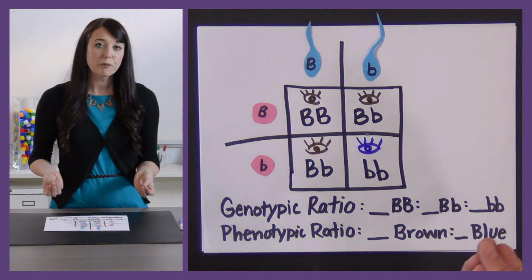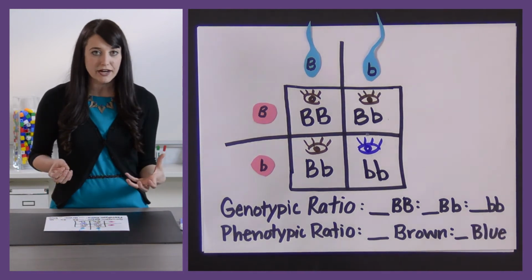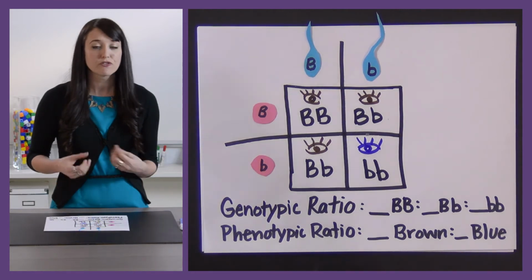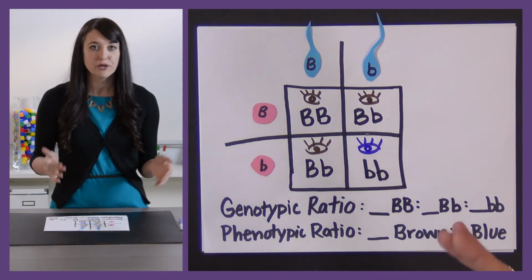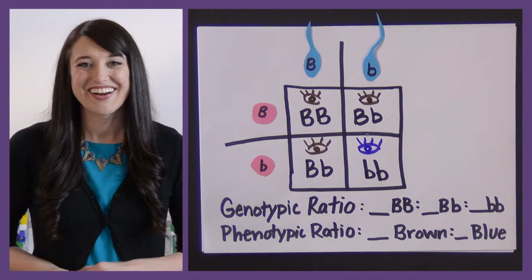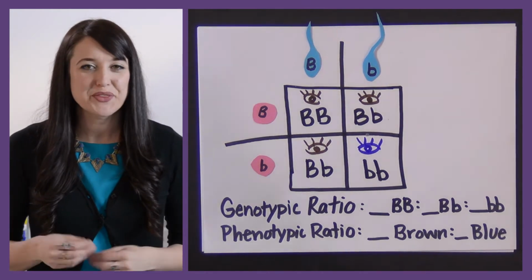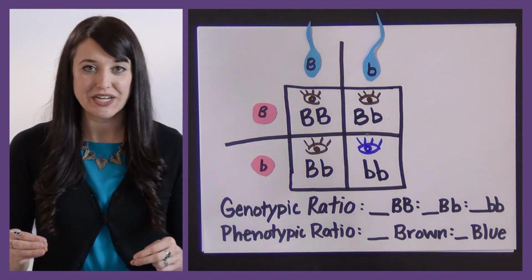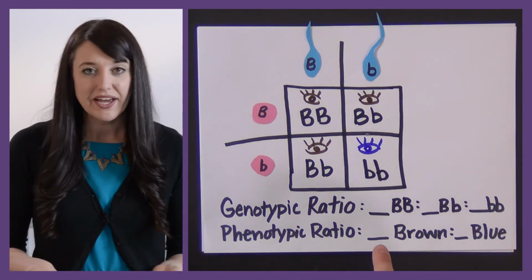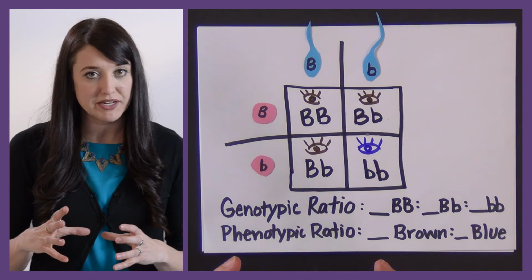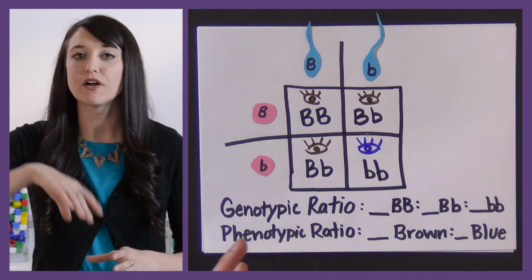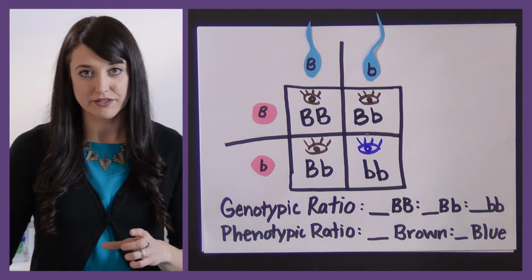So again, the whole purpose of this is to identify or predict the possible outcomes and the probability for each genotype and phenotype for a specific crossing. All right, so now we're going to do a little simple math with ratios. The genotypic ratio refers to the genotypes. We have our homozygous dominant that is always located first, followed by heterozygous, followed by homozygous recessive.